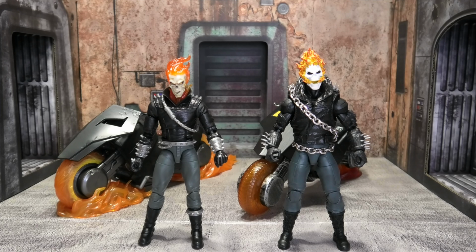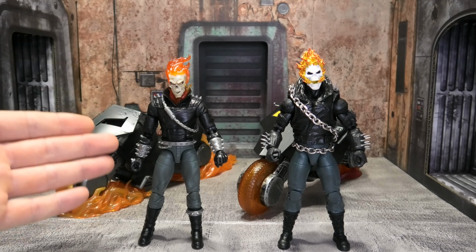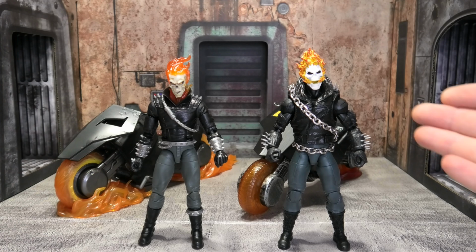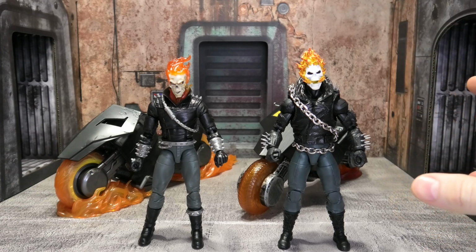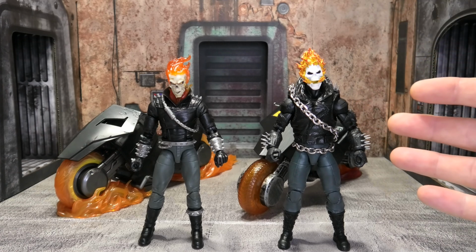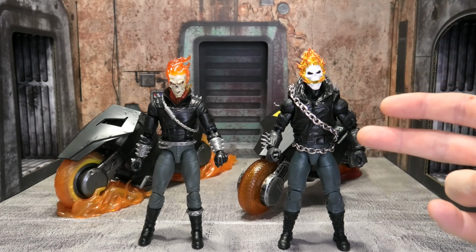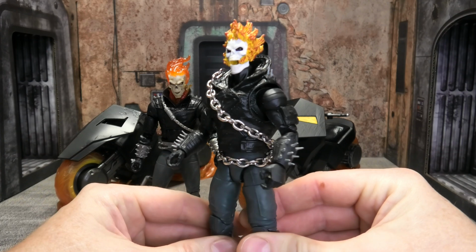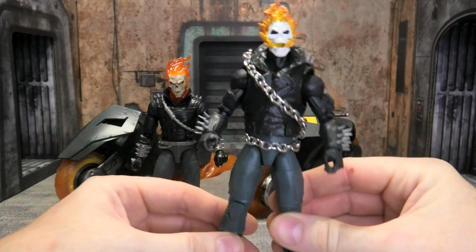Look, despite some things that I think I may have done better on my kitbash, in general, this is better because it's more accurate to the comic, okay? My kitbash was thrown together with a couple of G.I. Joe Classified figures that I mashed together, a vest from Thunderstrike, a custom head that I got off eBay, and some stainless chain that I got. While I love it and I think it's a cool look for Ghost Rider, and I think it was really well done, and I'm very happy and proud of this figure here,